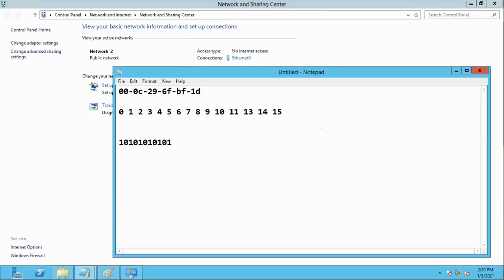Decimal numbers 1 to 7 are the same, and 10 to 15 are the two-digit decimal numbers, right? So 10 in binary is 1 0. For 12, 13, 14 and 15, because they are two digits, the system will get confused. So that is the reason they convert those to single digits: A, B, C, D, E, F. If you count from 0 to 15, the total is 16, right?